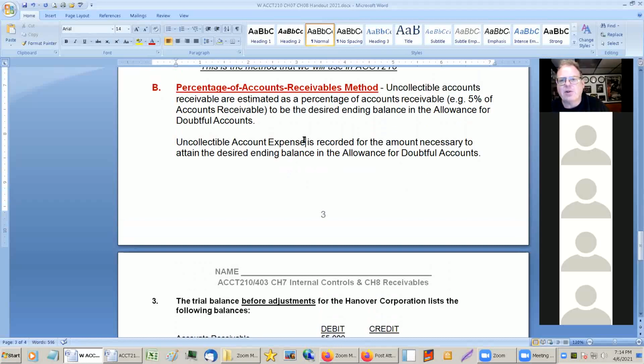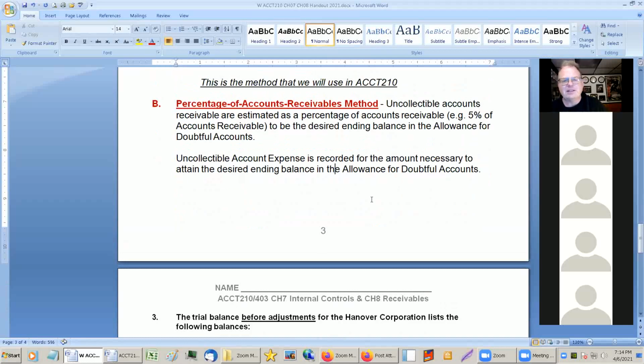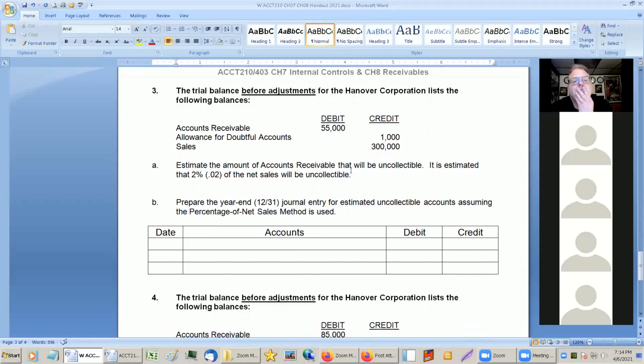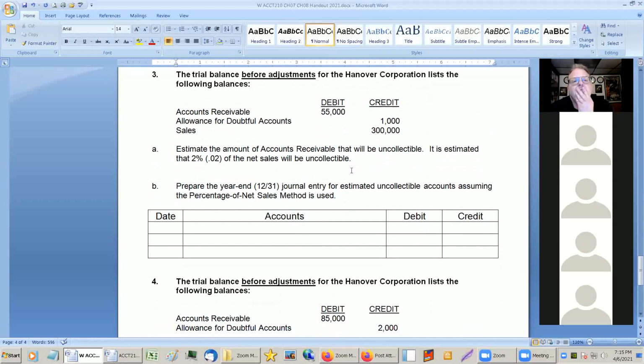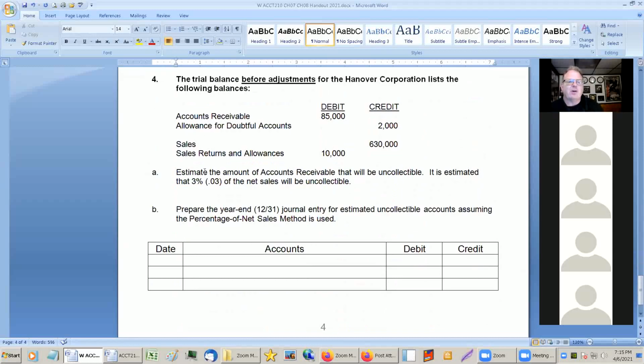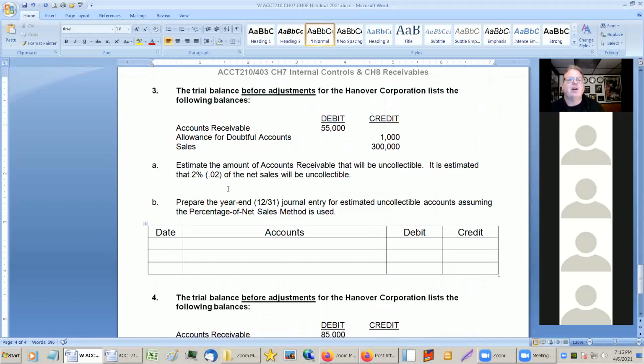Okay, so uncollectible accounts recorded, you're not necessarily determining the allowance account. Let's just jump into it. These aren't that hard. We should finish early tonight. Yay! Okay. I kind of scrunched these up, I don't know why. I'll see if I can put it on here. Okay, it's estimated that